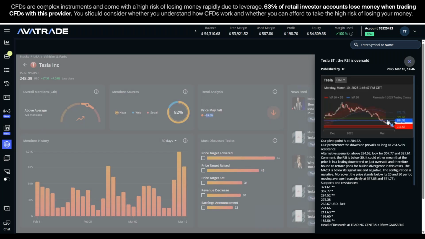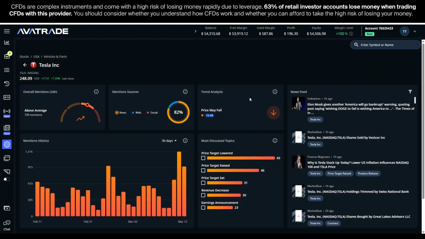We see the technical analysis behind this prediction and where they think it could fall to price level wise, and the fact that there's no support level showing in this whole image here. So it looks like Tesla is expected to be on a bit of a free fall, and that's the technical prediction. The fundamentals behind that,